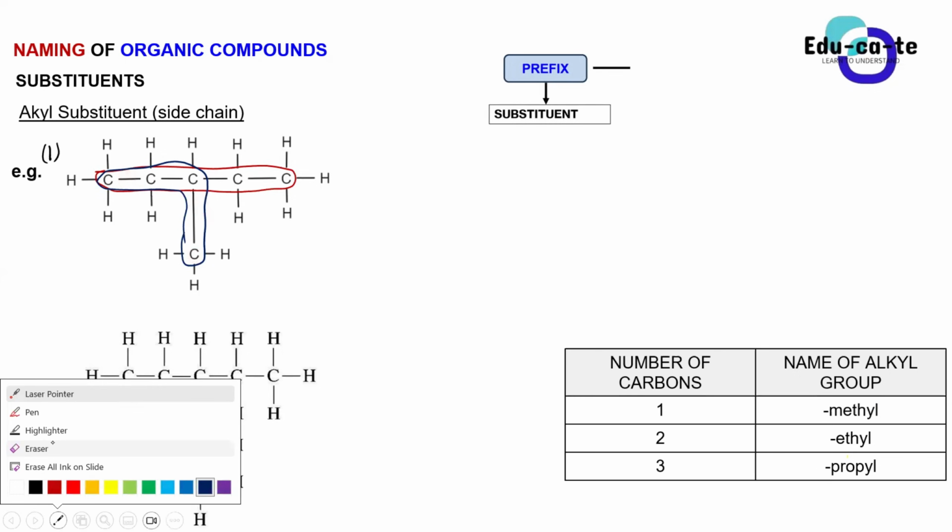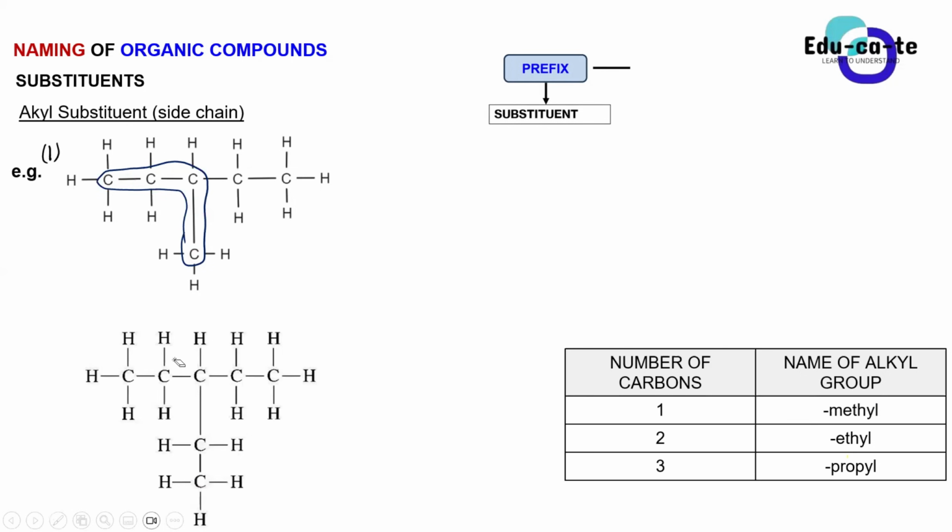No. Why not? Because it doesn't have the most amount of consecutive carbons. It doesn't have the highest number of carbons in it, because we can still draw another chain that would have more carbons than this. This one has got only 4. But if we highlight the first straight chain here, it has got 5 carbons. So this one, by default, has to be the parent chain. It has to be our parent chain. So this is our parent chain consisting of 5 carbons, and we are seeing a side chain.